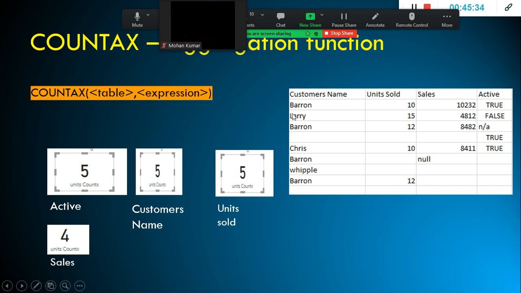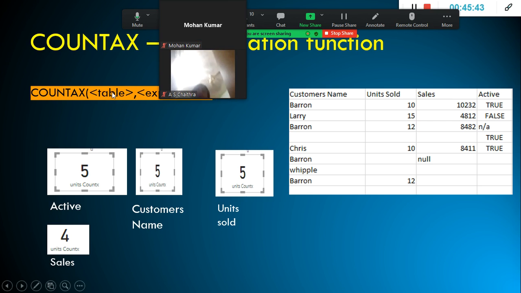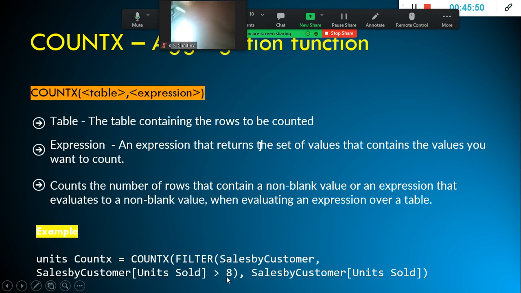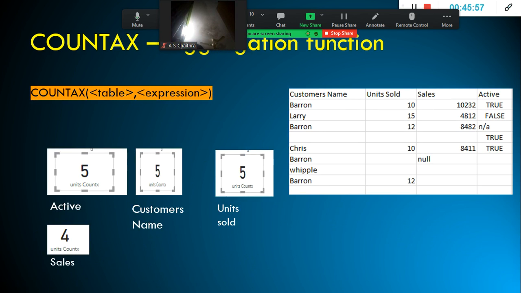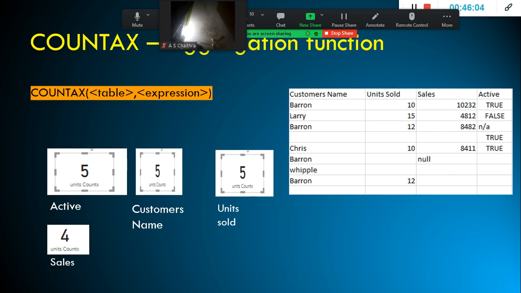You simply exclude the blank values, but customer's name is 5, because here with COUNTX I've used the same expression. The expression I used was greater than 8, the condition on units sold. So why is it 4 here and 5 here for units sold? There is a mistake from my side.